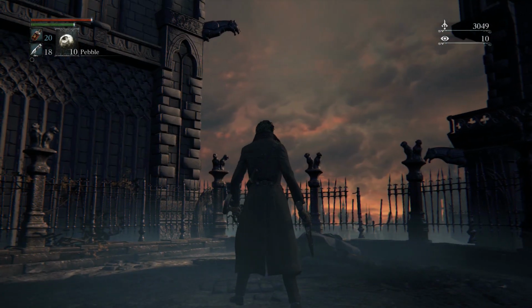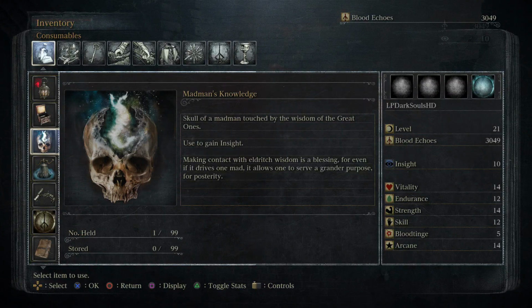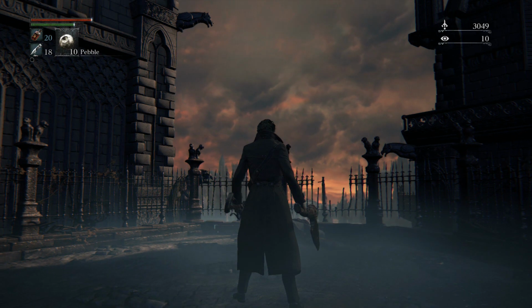It doesn't just open your eye up to that. Now notice that when we look at the Madman's Knowledge, it is giving you something called insight. And the meaning of that goes deeper than it sounds. It really does mean insight, like seeing inside, eyes on the inside. So the more insight you have, the more Madman's Knowledge, as it is preferred to be called in item form,